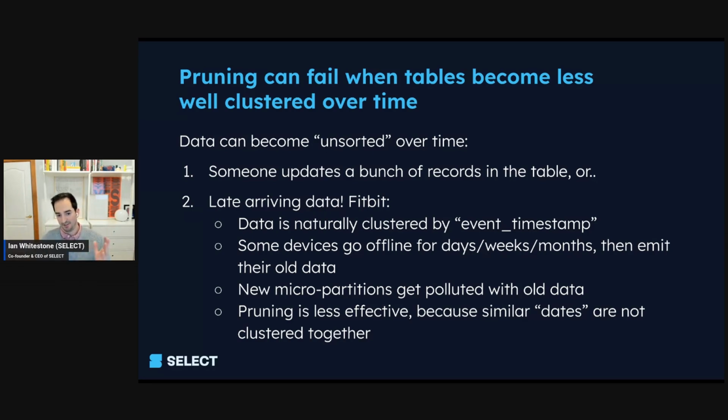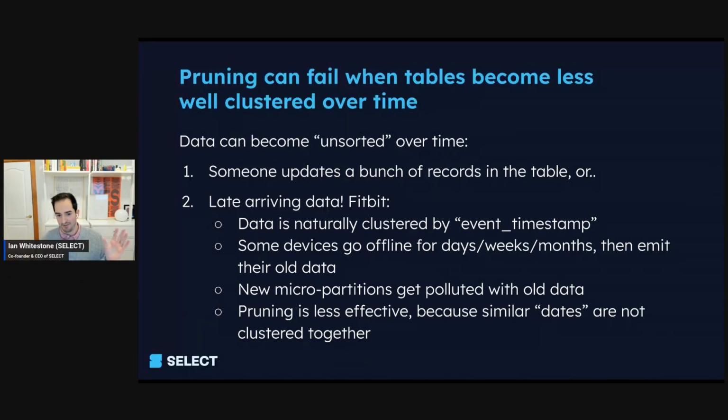And what happens is you have nice orderly data arriving in your table. So you could say it's naturally clustered by a device event timestamp. And then all of a sudden, these old devices come online and you start loading in data that was actually from months ago. As a result, these new micro-partitions are getting polluted with older data, and pruning becomes less